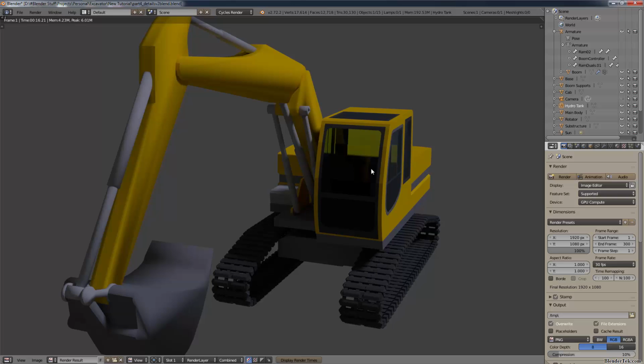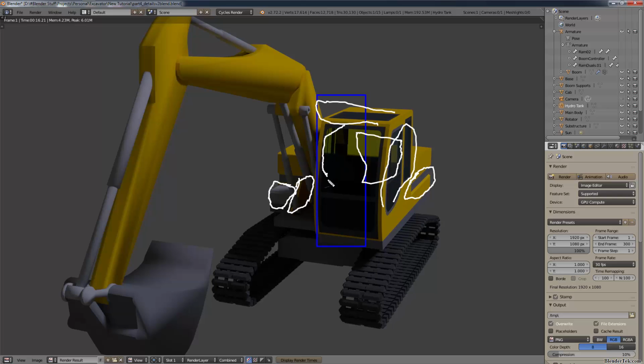In this session we will, well, redoing, but we'll be doing the cab here. We'll be doing this body detail. We'll be doing this hydraulic tank. We'll be doing these boom supports. Yeah, and the rest of the windows, basically, the ones on the back too, and the ones on the other side. And I think that's it. If we have time, I will go into adding a few other details, but for the most part,